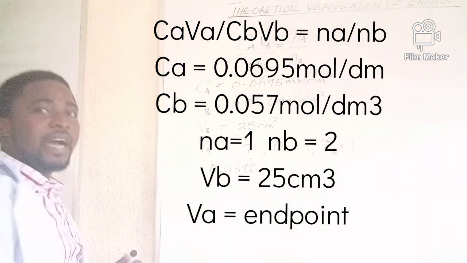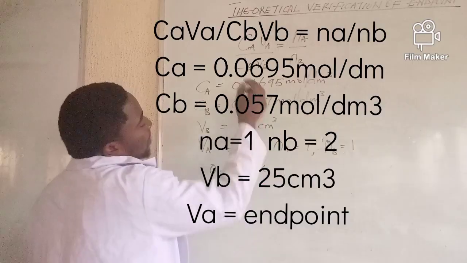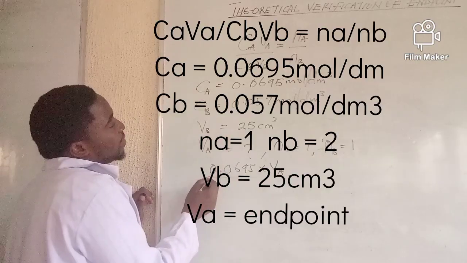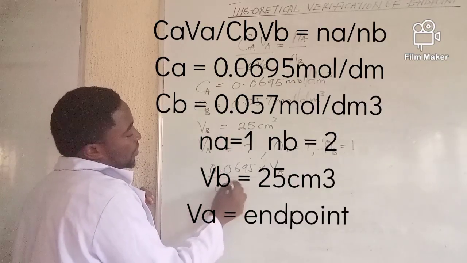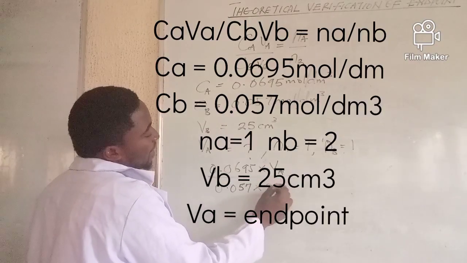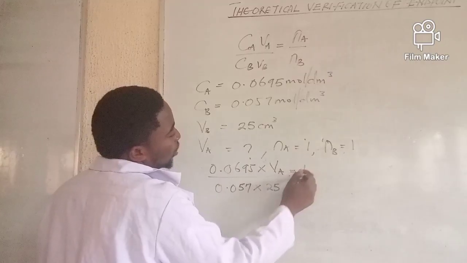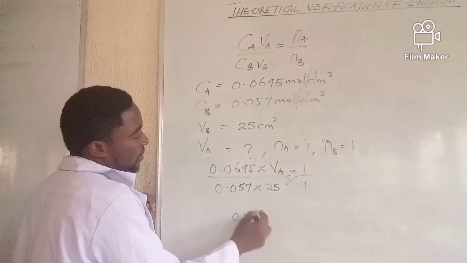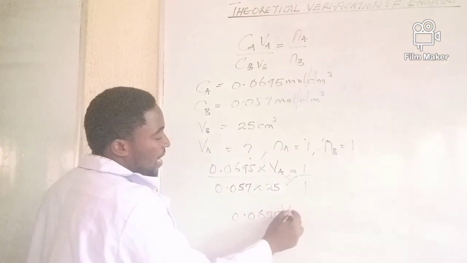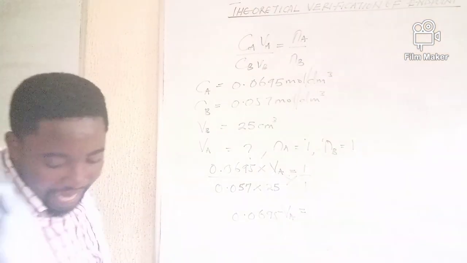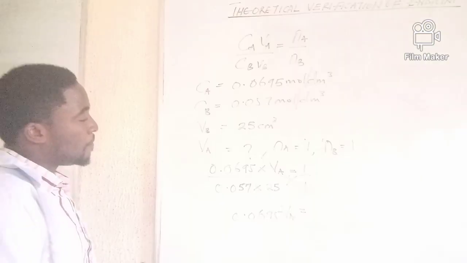I believe you can see clearly from there. 0.0695, and then I'm going to multiply with VA, which is the endpoint I'm looking for, times CB, which is 0.057, times VB, which is the volume of the pipette used, and that's equal to NA over NB, which is 1 over 1. By the time I cross multiply, I should have 0.0695 VA, and that's equal to, when I multiply the other side, 25